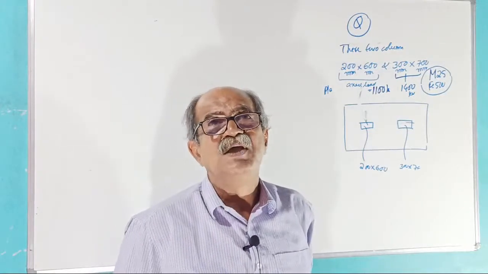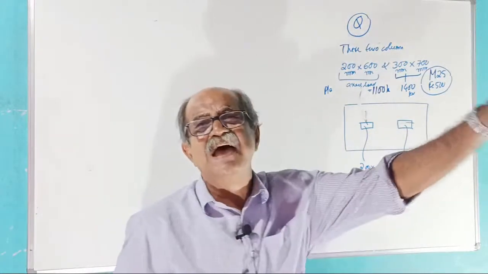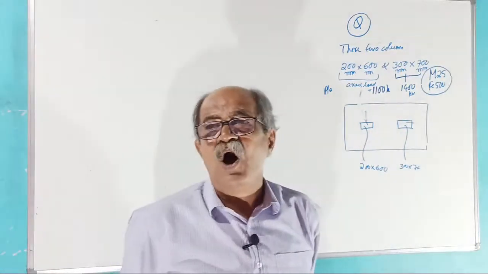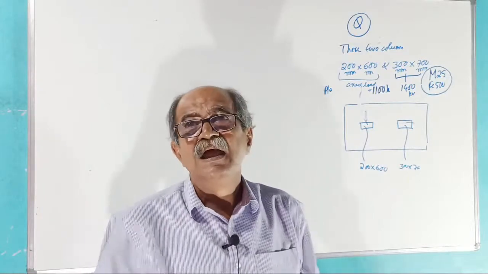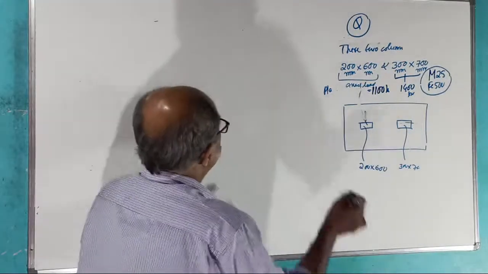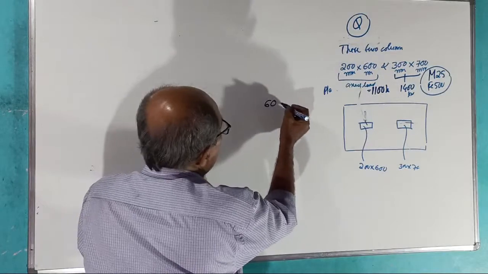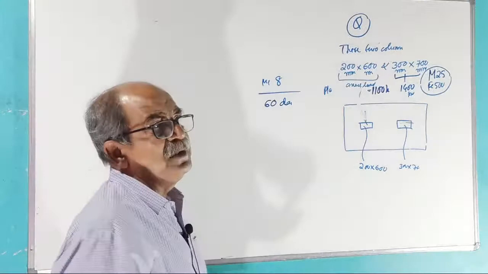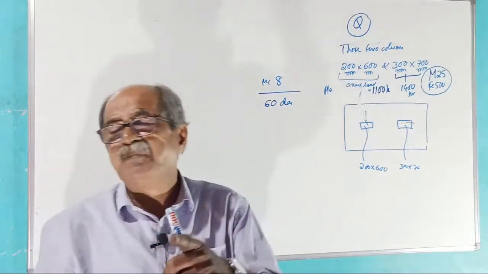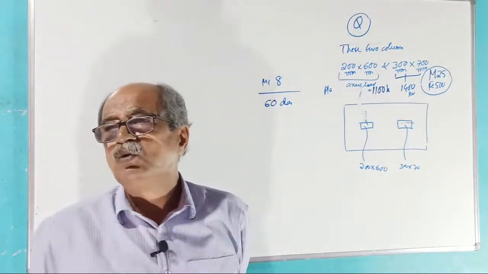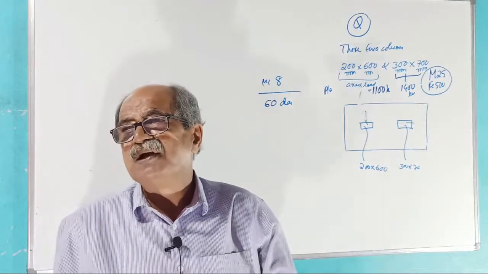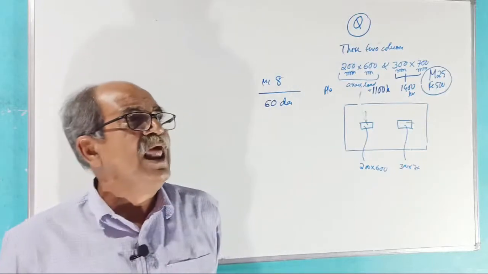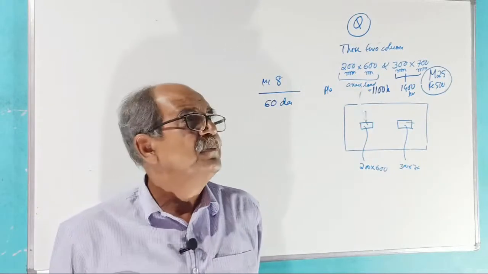What software will do is, it will design for all the cases. You will be stunned to know. If you design all the load combinations manually, to finish one combined footing, it may take you around 60 days. Per day, minimum 8 hours. If you work 8 hours per day, 2 months it will take to complete the manual design. If you want to cover all the combinations, dead load 1.5 DL plus 1.5 LL,